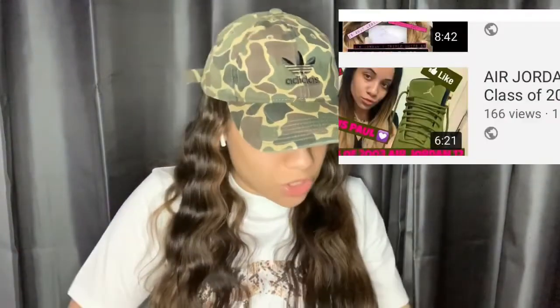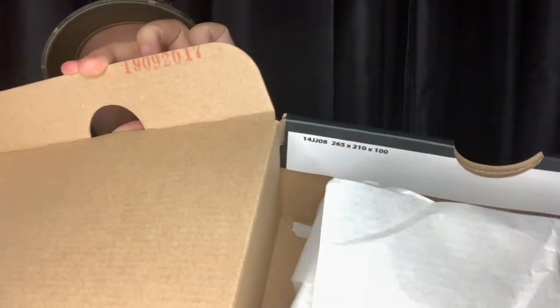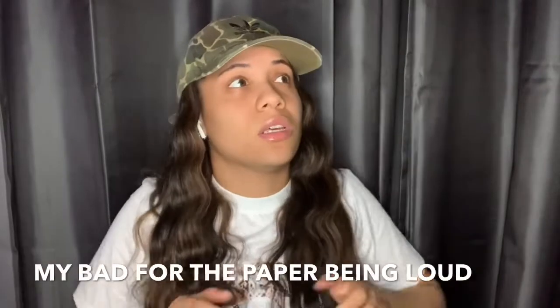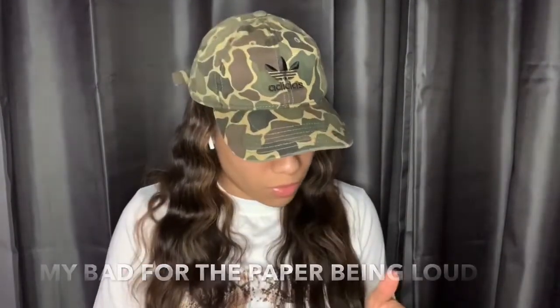I want to ask you guys a question. You see the serial numbers on the box or whatever this is inside? Does that mean that they had them in stock since 2017, or does that mean something else? Let me know down below if you guys know. I would like to know because I've been looking for these sneakers since 2019, but I kept missing them, because I bought them and they kept...